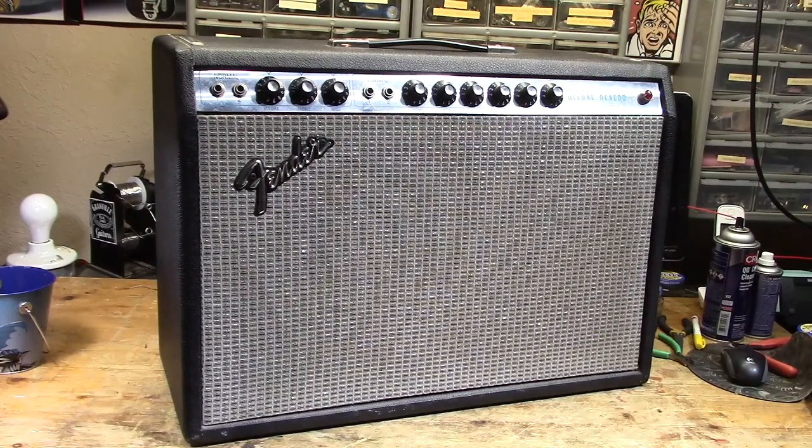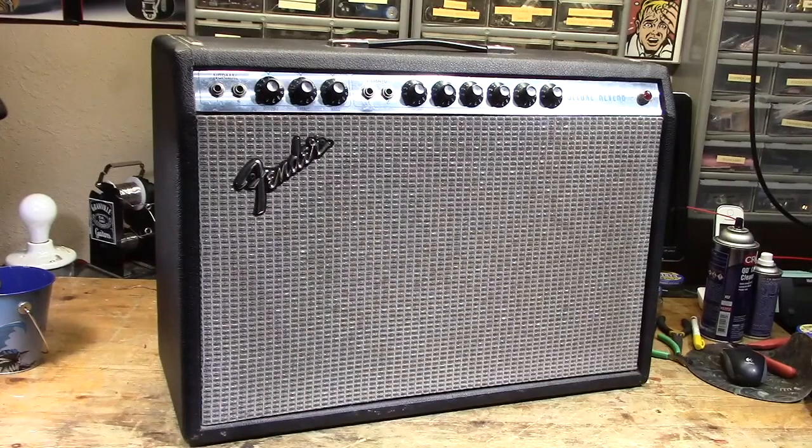I've had it in my head lately that I want a Deluxe Reverb. And this is what we came up with. It's a 73 Fender Deluxe Reverb. Deluxes are unique amongst Fender amps. I think they may be my favorite Fender amp, and I love me some Fender amps. My Blackface Bandmaster comes perilously close to being my favorite sometimes, but the Deluxe Reverb is just a great, friendly,